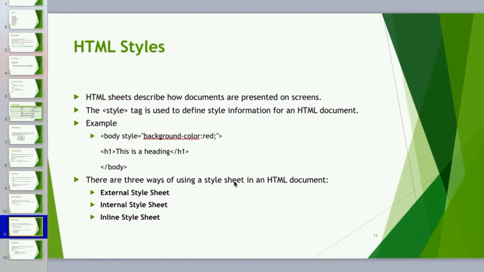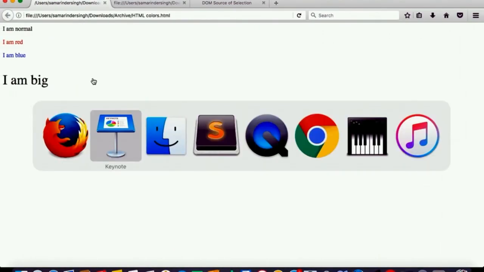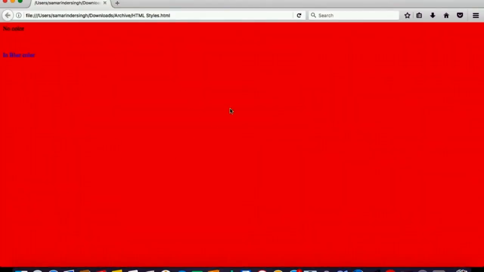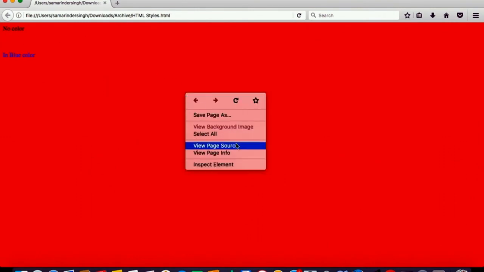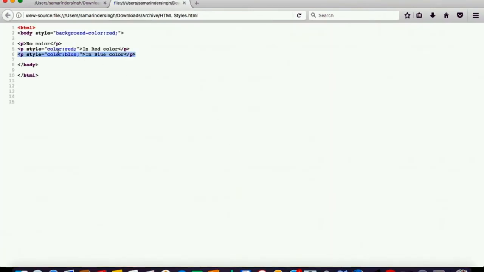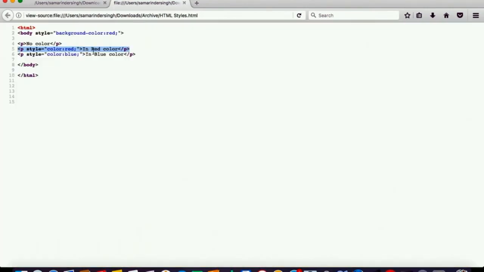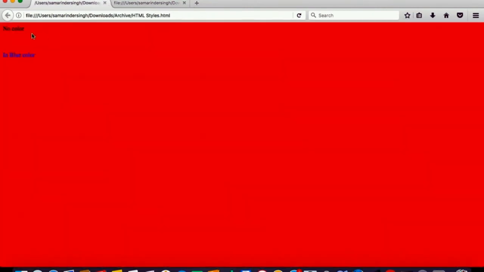And you can give the styles in three ways. One is external style sheet, internal style sheet, and inline. So whatever you are seeing over here is the inline. Let's take an example over here. You can just double click on this. You can see the background is completely red. And as you can see, we have another thing also. Here we have color is equal to red over here, and we are not able to see red because our background is also red and our text is also red. So that's why we are not able to see. But if you do like this, you can see that there is a red color text as well.